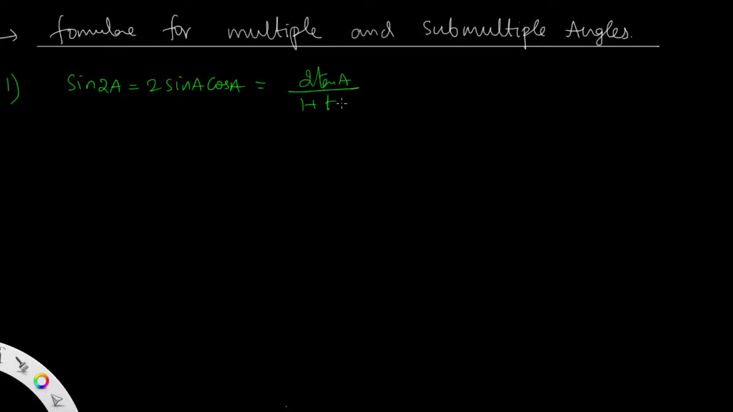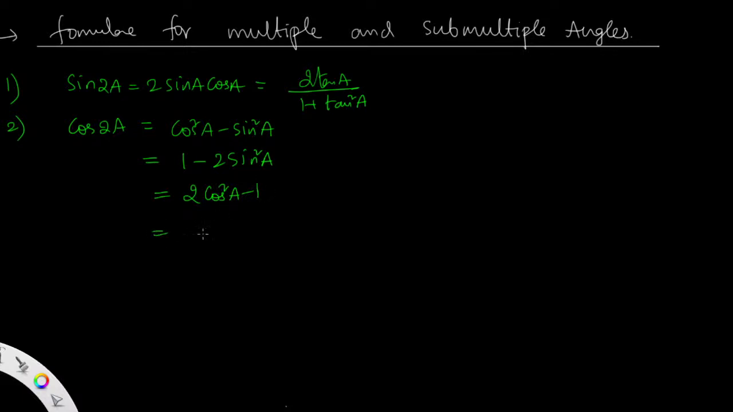1 plus tan square a. And then the second one is cos 2a. Cos 2a equal to cos square a minus sin square a, which in terms of sin is 1 minus 2 sin square a, or in terms of cos is 2 cos square a minus 1. In terms of tan, it is 1 minus tan square a by 1 plus tan square a, and then the third one is